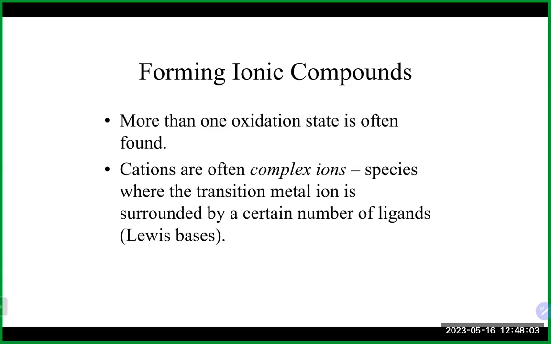And again, that's why we do use those Roman numerals. And as we'll talk about naming in this chapter, we will use Roman numerals for those as well when we get there. Cations of complex ions are transition metals that are surrounded by a number of ligands, which are Lewis bases. So a majority of what we will see in this chapter when we start talking about complex ions is really a metal, and a lot of times that's going to be a transition metal, attached to a number of things, say like water,